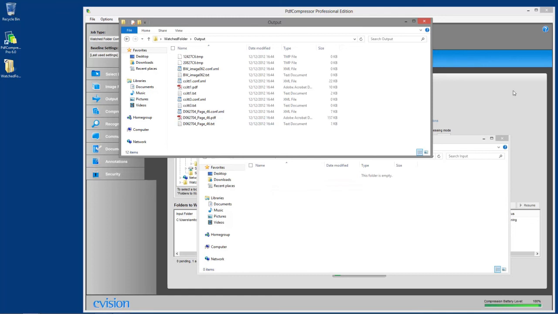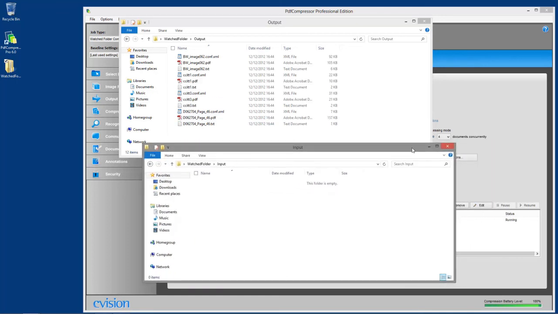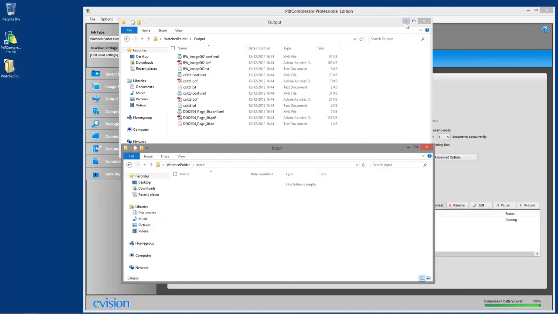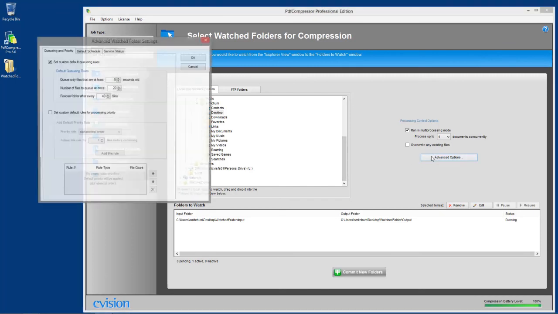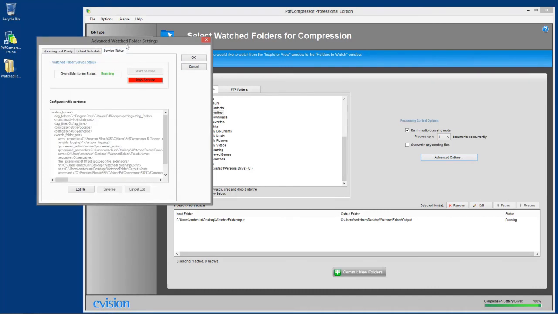A couple things to note about watch folder processing. One is, should you ever want to change any of the settings, you must always remember to hit commit new folders in order for those settings to take effect. We'll just hop back into the advanced options button for a moment and go to the service status tab. As you can see,